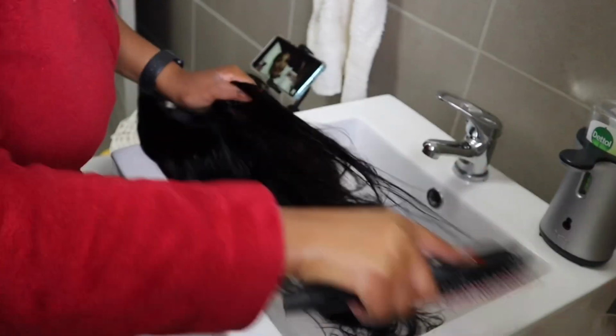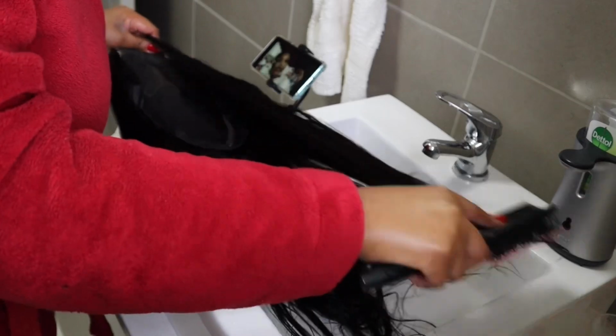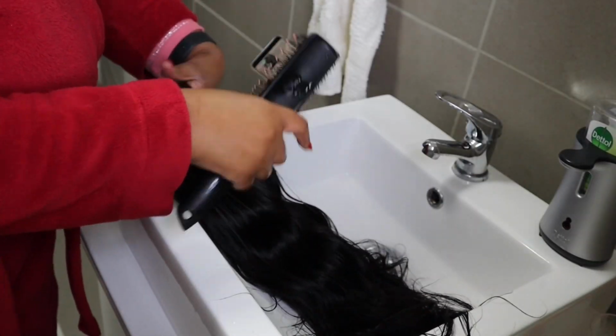I'm going to show you guys an updated wig tutorial. This is for my straight hair. Someone recently commented in one of my videos and asked me to do a video where I straighten. So I've been wearing this wig for about 2 weeks now, and I'm just going to quickly refresh it by